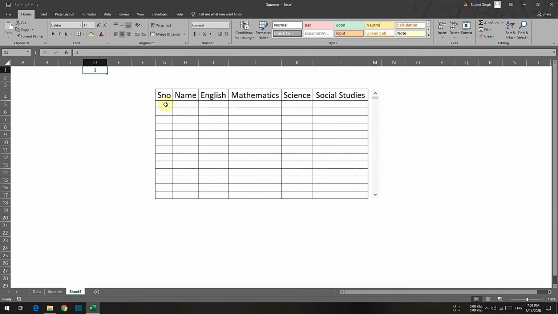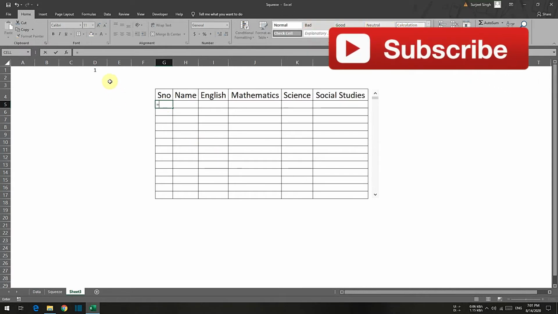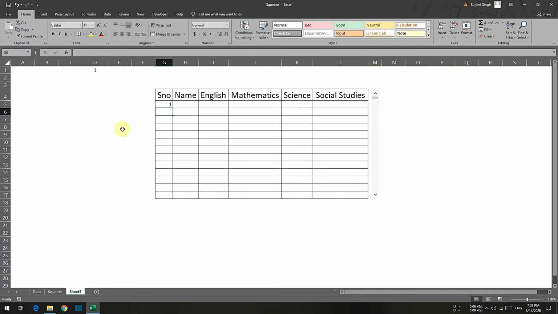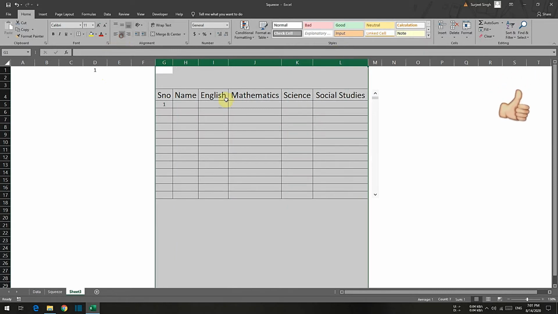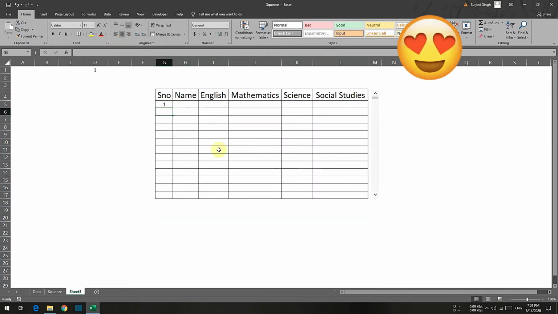Now I will write serial number is equal to and point it to the cell wherein the number is displayed. Okay, 1 is here. Now I will use the formula is equal to this plus 1 to give the series of serial numbers.